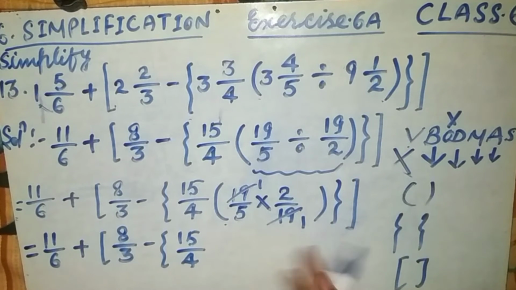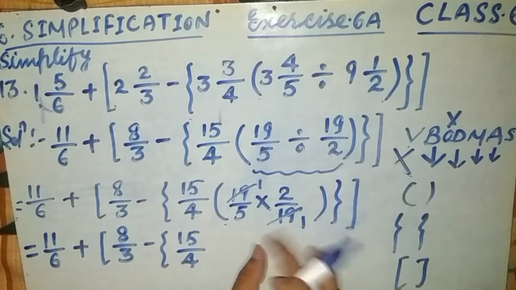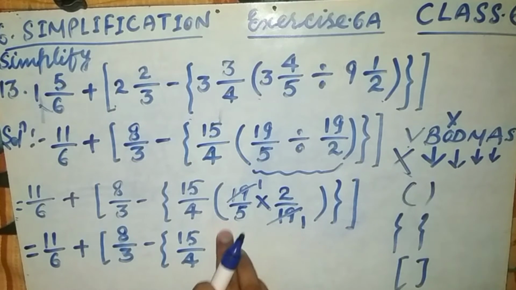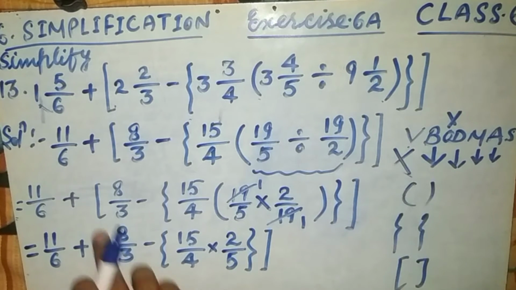Now friends, here are the brackets. We have to remove the brackets. Why? Because we have already done the question inside this bracket. This is why we have to erase this bracket. Now bracket means multiply. Here it is multiplication. Now this is 2 times 1 is 2, and downward this is 5. Now close the curly bracket. Here is the big bracket. I hope you are getting it.